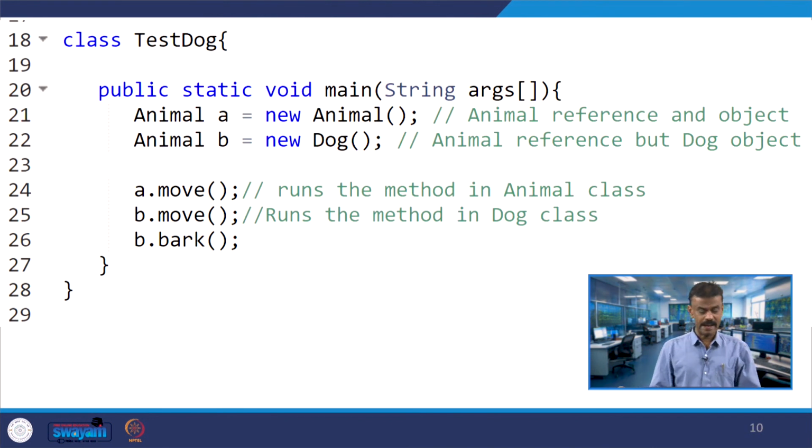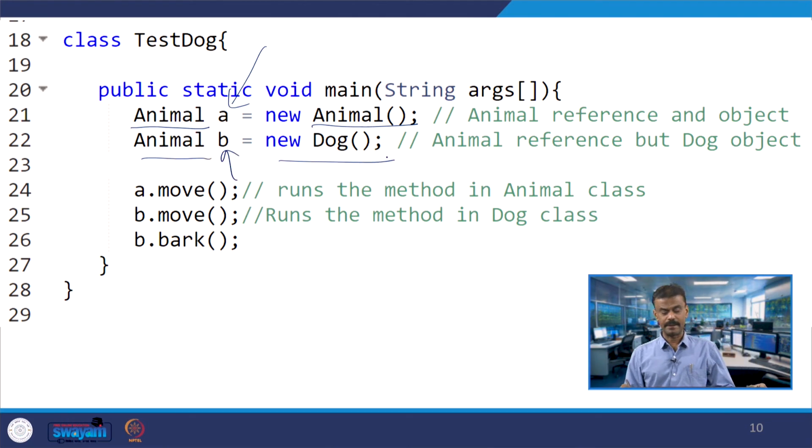Now I have object A of class Animal, whose constructor is Animal, and I have another object B whose type is Animal, and I have a Dog object, so the upcasting is being done over here. Now I call the function A.move.